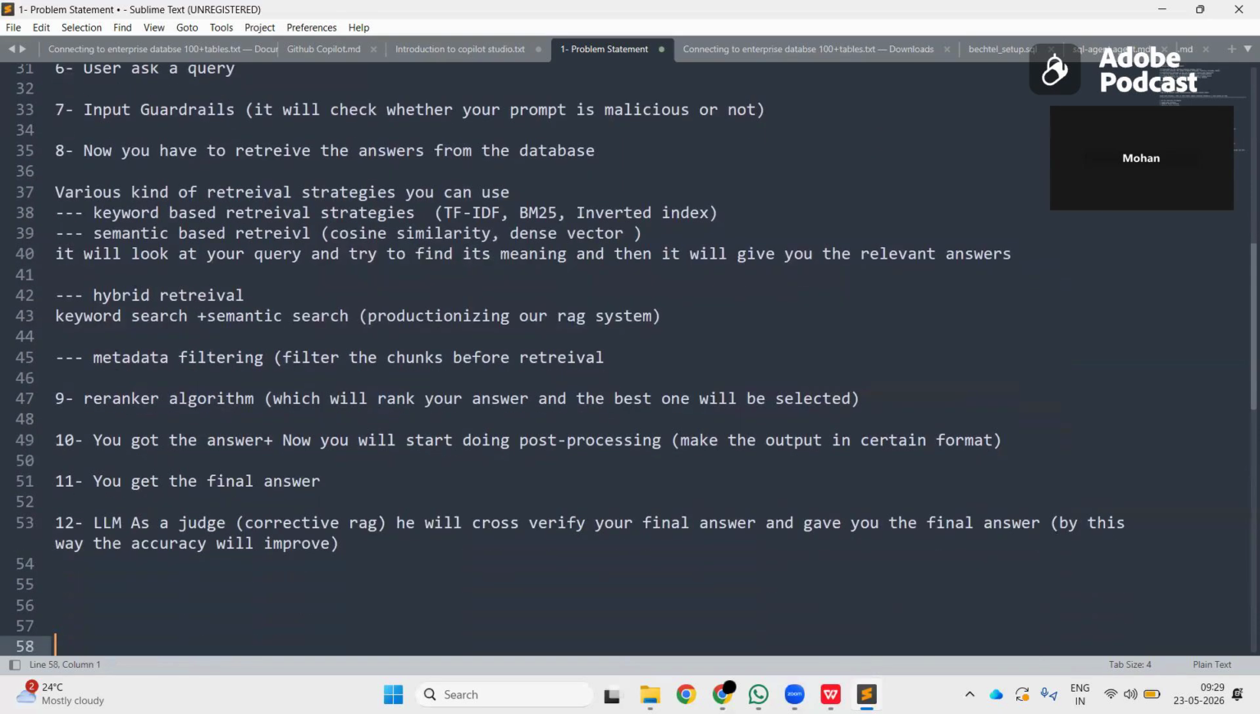Any doubts in this? No doubts. So this is the first normal thing that we do in any project. After that, LLM ops is going to get started. So the first thing that will happen is